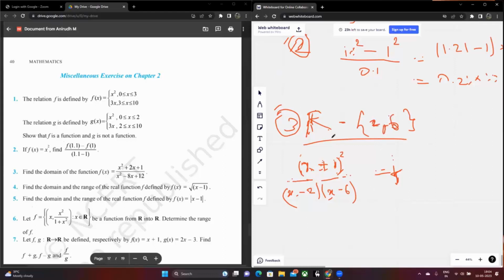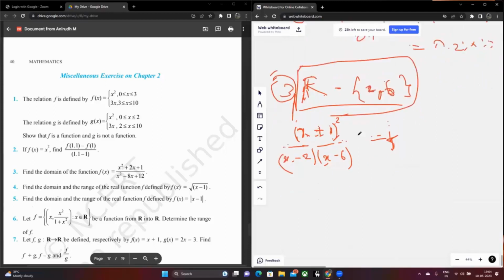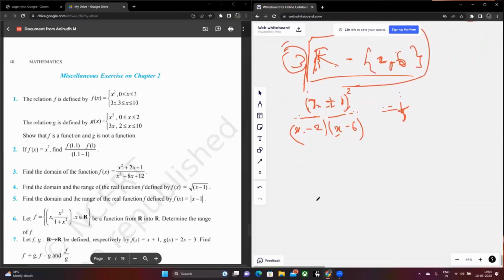So, but for every other point x on the real line R other than 2 and 6, you have some defined value of the function f. So basically, finally, your domain is R excluding 2 and 6. Or if you want to write it in a more continuous sense, you write that the domain D is equal to,